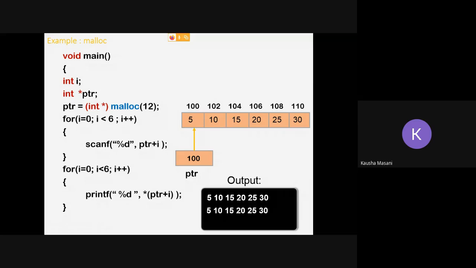But as here we are dealing with pointers, it is important for you to mention this star inside the bracket, ptr plus i. So one by one in this loop, the given inputs in scanf will be printed out as output. Okay, clear now?